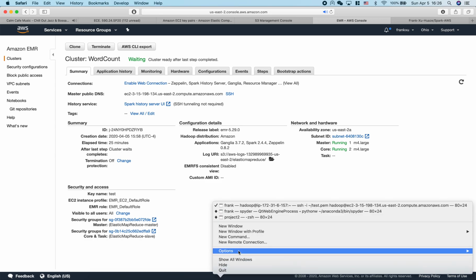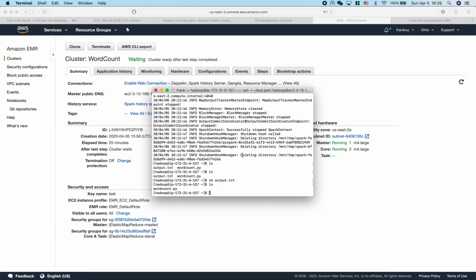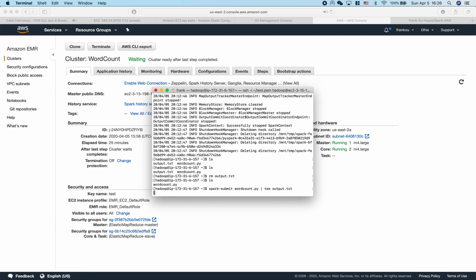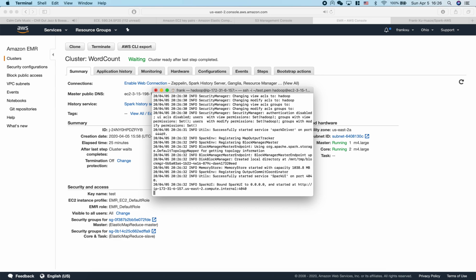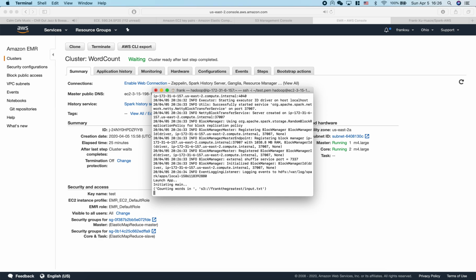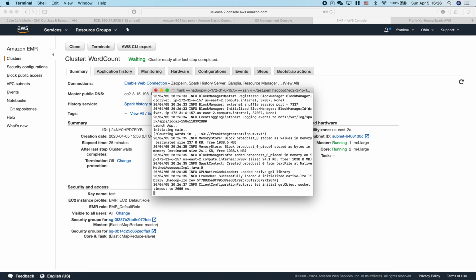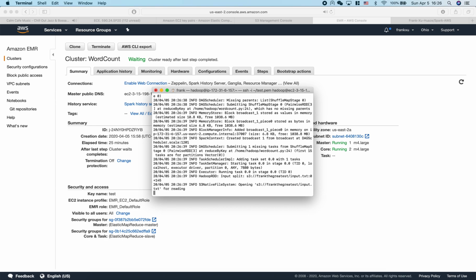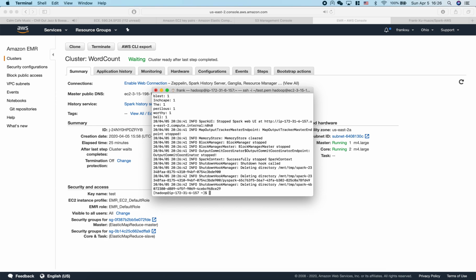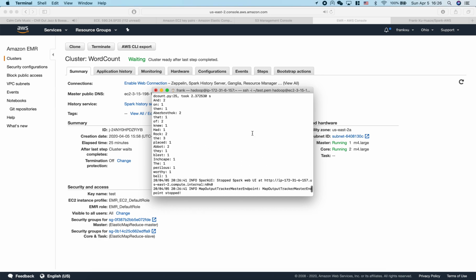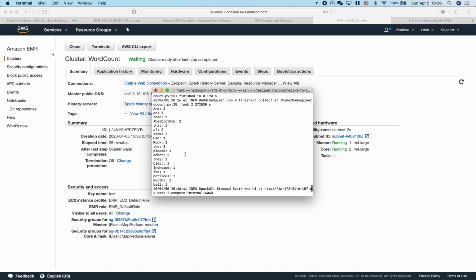Now I open up the SSH link to the cluster, and we run the wordcount.py. And it's up and running right now. Yep, so you can even see in the process here that we already got the answer from the word count